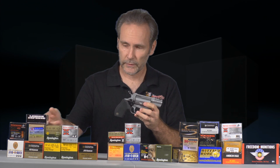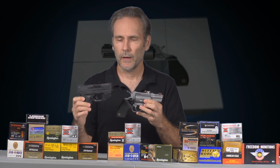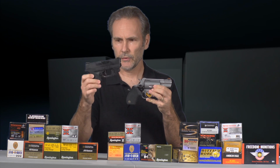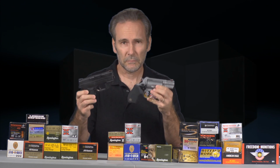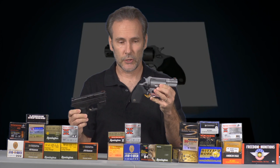And if we compare them against what there is, for example, I have a Springfield XDS. This is a 45 caliber pistol. This Judge here is a 45 caliber pistol. This has a 5+1 capacity. This has a 5-round cylinder. Largely the same. This is a shrunken down version of a larger pistol, and the Public Defender is a shrunken down version of the larger Judge. It's got a